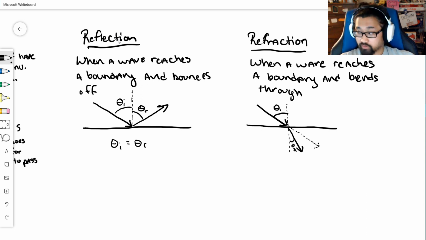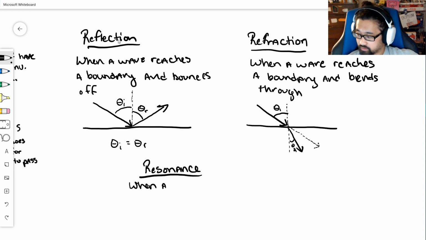I'll talk about a third one that also starts with an R. And this has more to do with sound than it does with light. These two interactions are typically light. The sound interaction, again, also starts with an R. It's called resonance. And this is when an object